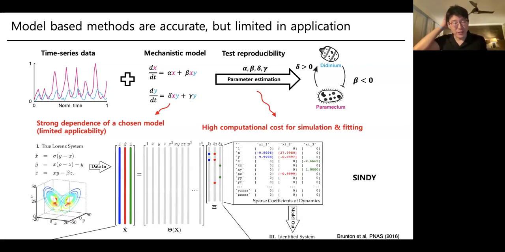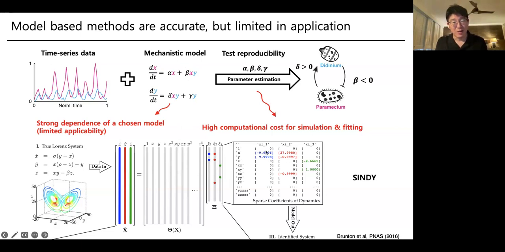So to overcome this issue, a couple of years ago, SINDy was developed. What is SINDy? Rather than writing down the differential equation, they list up the alphabet for the equation like this, and then they solve some linear algebra problem. So they determine the coefficients of this alphabet equation so that they can infer the mechanistic model without writing the equation. But SINDy still has problems.